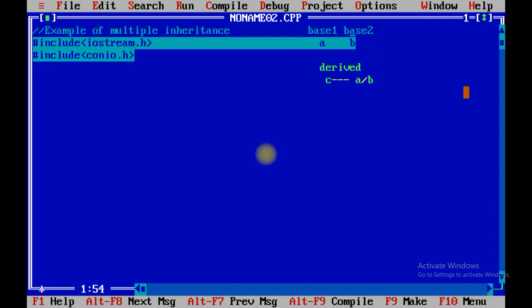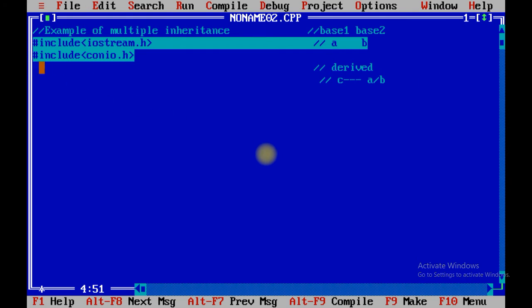Because this is a father class, this is a mother class, and this is a child class. So child can access the property of parent class base 1, base 2 and derived class. So derived class contains A, B and C.